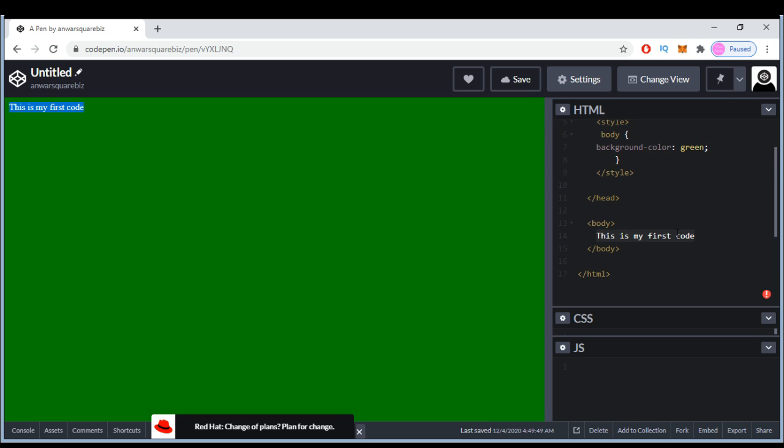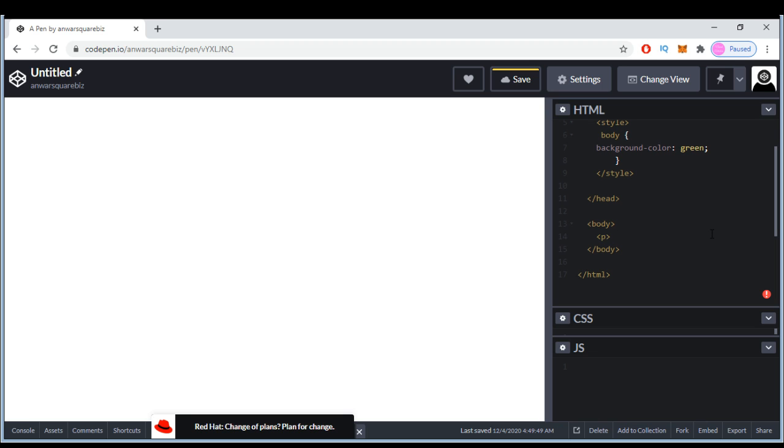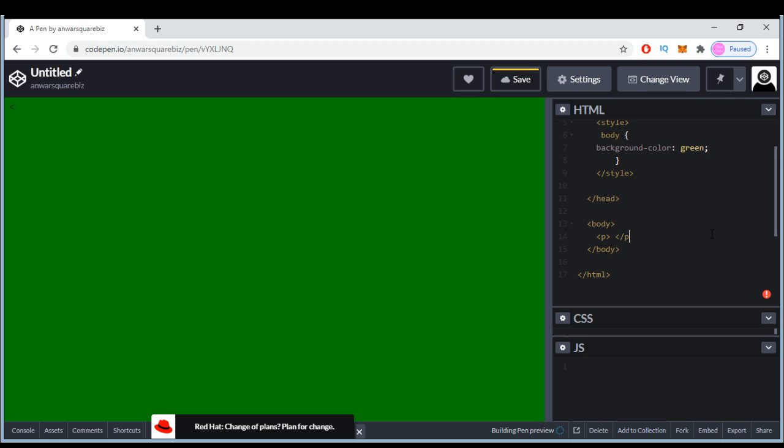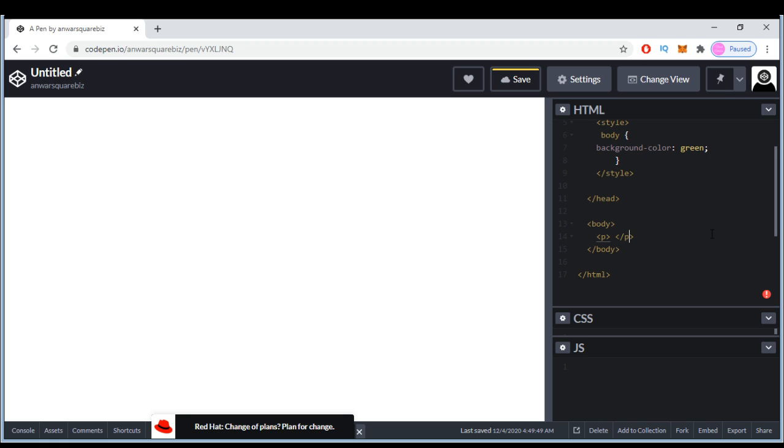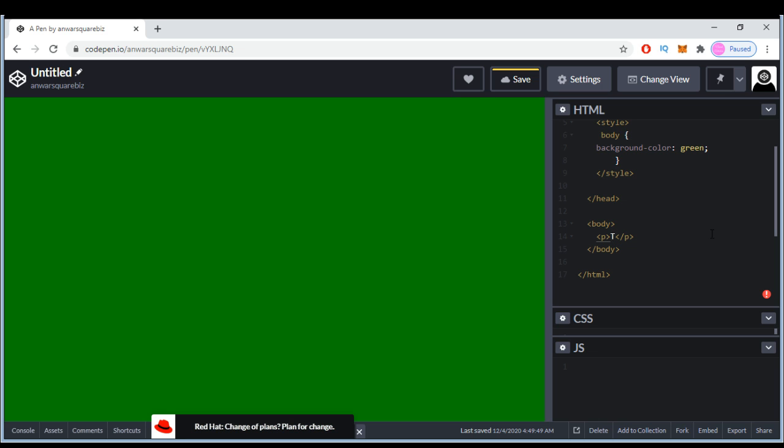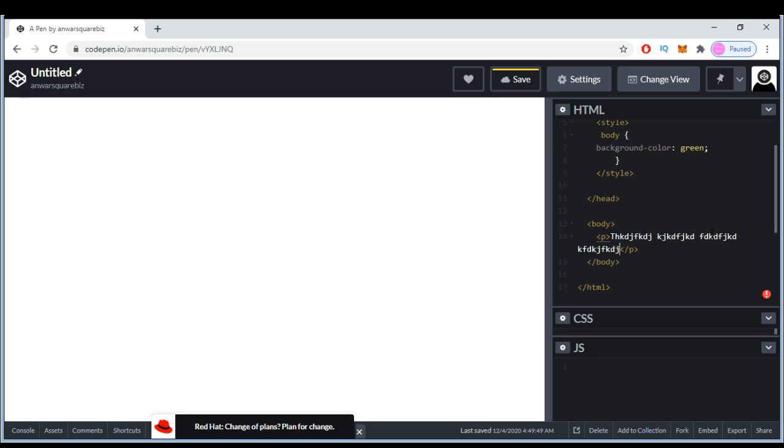Okay, and before we go, just try few tags like this. So this is a paragraph tag which defines the paragraph on your HTML page. Okay,